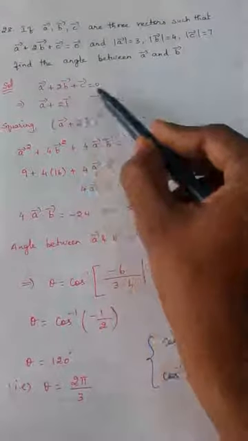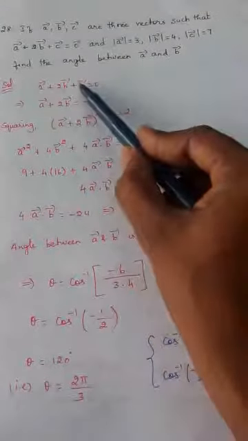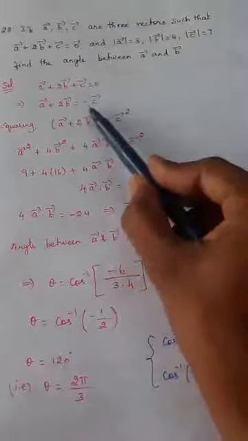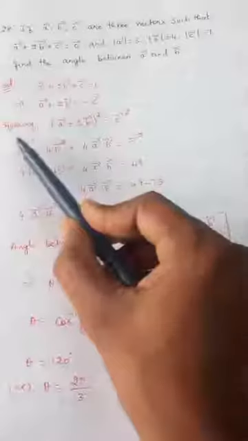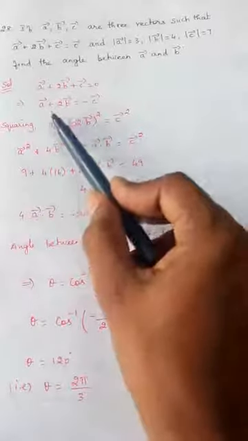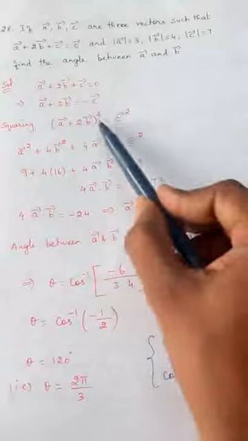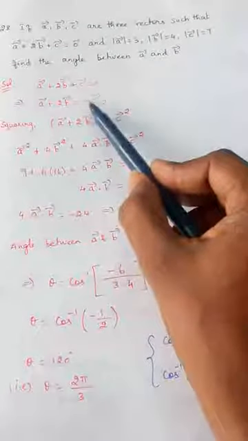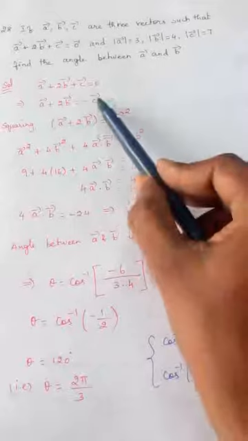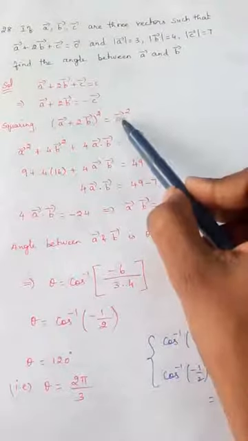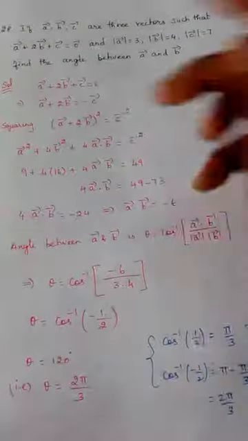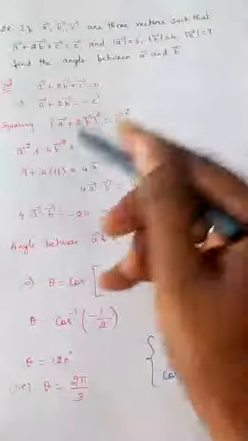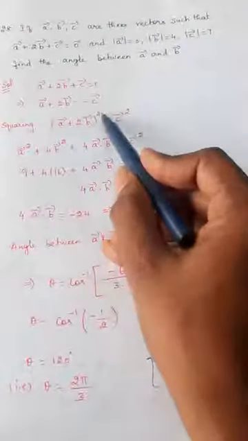This condition is taken, and first the step plus C vector alone is taken to the other side and written as minus C vector. Squaring both sides, the left-hand side becomes a whole square, and on the right-hand side the minus becomes plus when we square. C vector, when we square it, becomes C vector square. So squaring this step, we are getting this, and expanding it using the A plus B whole square formula,